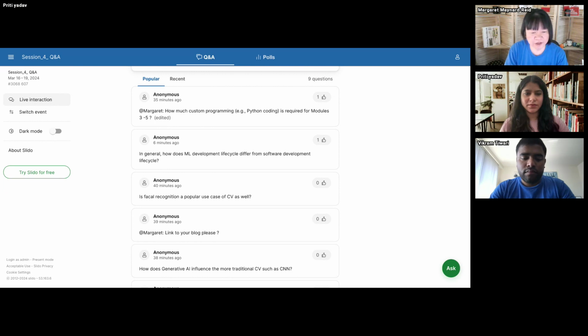For faces, you can detect if there's a human face, and also you can detect the boundary of the face or specific landmarks like eyes and nose and mouth in the face. And then another one is, instead of just saying is there a face or not, you actually say, okay, is that Margaret or is that Vikram? Like ID, right? You're matching. Typically, you have to have a database of the known faces to do that matching.